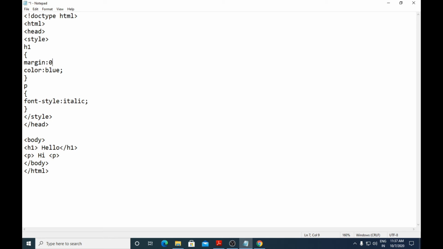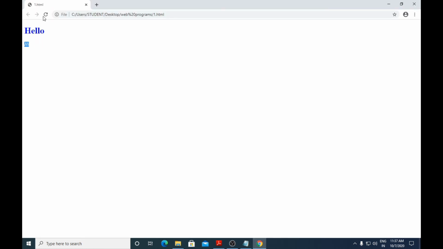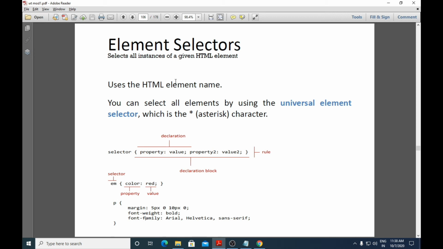I'll give it as 0, and for this also I'll give the margin as 0. Let us see what change it will do. Just remove the margin, so margins have gone. In this way you can style the HTML elements, and when you style the HTML elements separately, it is known as the element selector.